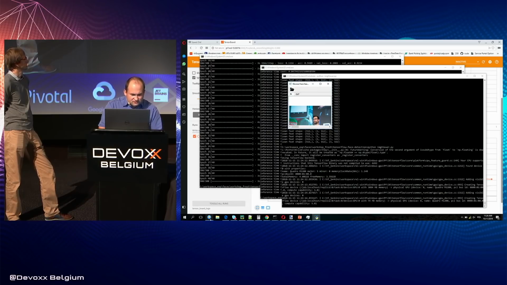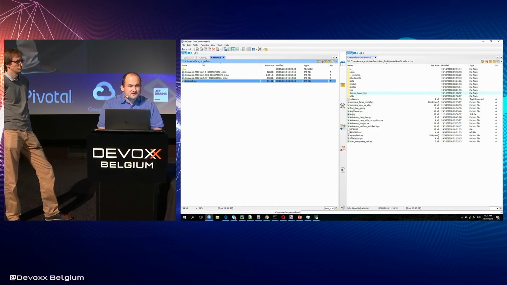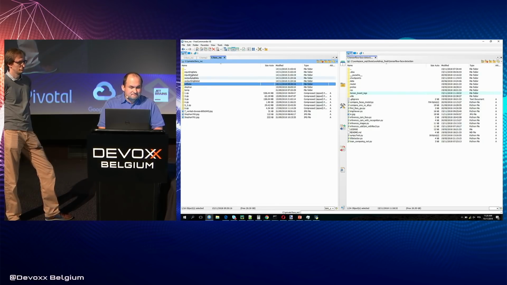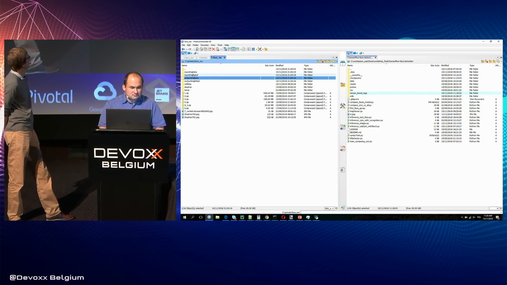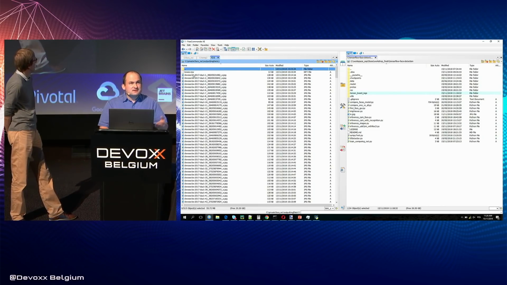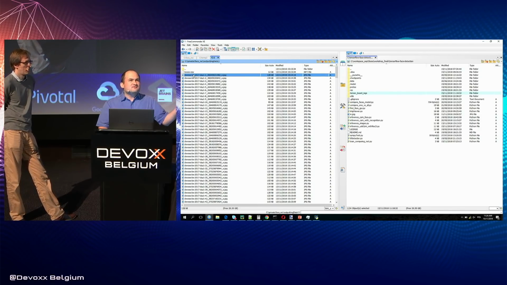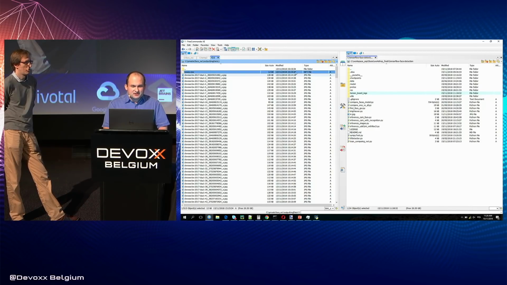Maybe a short introduction. I took a few thousand pictures from Devoxx. It looks like this. There are a few folders, and I processed all this data with this face recognition network. I gathered feature vectors, put them in a NumPy array and saved it in the folder.